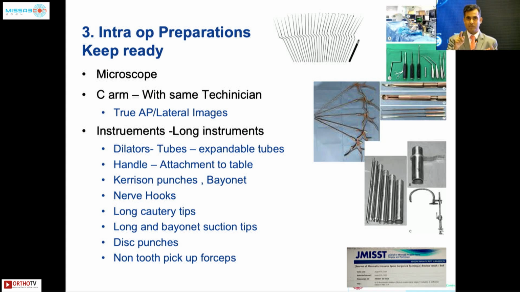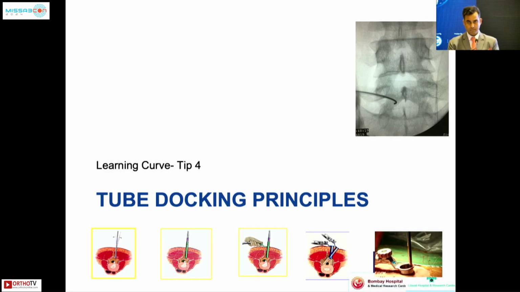A bipolar which doesn't have a long bayonet can hold you from doing good hemostasis intraoperatively, resulting in increased blood loss. Sometimes if you don't have a bayoneted nerve root retractor, you may end up causing neural injury. And all this armamentarium has to be there on the table even before you wash up. These specific instruments are available in the workshops, but you need to get handy with these instruments, prepare them, use them in workshops, and get used to them before you wash up for these surgeries. Absence of one simplest instrument can lead to an unpleasant experience both for the surgeon and the patient.